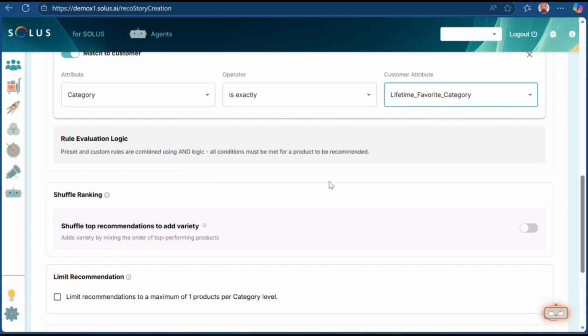Now, one of the other things that you can potentially do is just shuffle the top recommendations, because in some cases you pretty much get the same recommendation for a whole bunch of people, because a lot of people may have had very little behavioral cues and they're all very similar. So just shuffling it gives you a little bit of variety. It also allows you to explore to see whether or not something that you thought was lower ranked might actually end up being the one that people clicked on and so on.